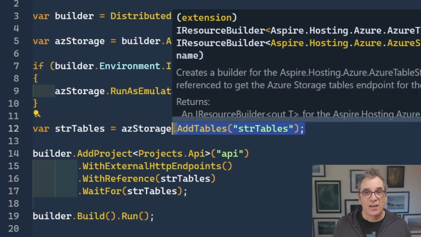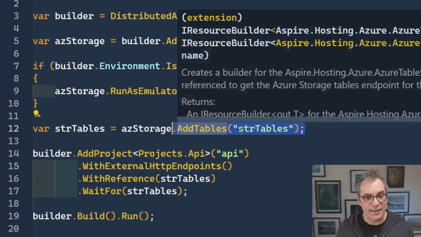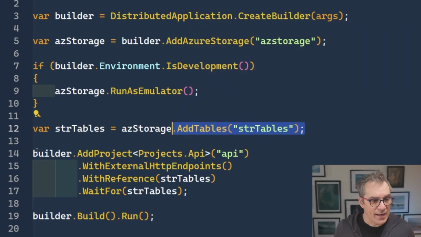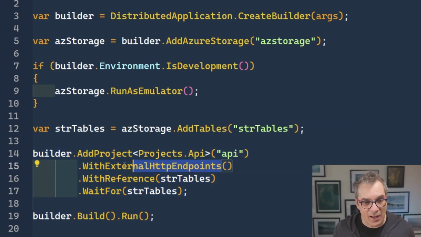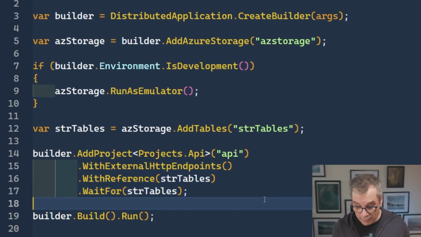After that, what I do with my storage that I define, I say, hey, give me a client. And in my case here, I need the table. In storage, there are different services available, but for me, I needed the table. So I say add table. I call it storage table. It's a client, okay? And then I'm adding also, obviously, my API project. I'm specifying that I want external endpoints, because I want to call it. And then I'm adding references to my client, and also say, hey, you know what? Wait for it. So now if I start the solution with F5,